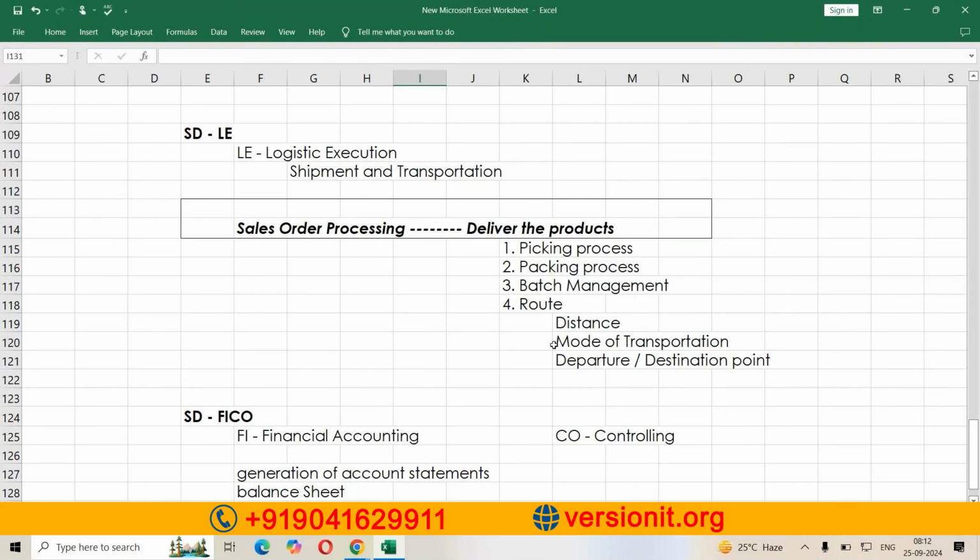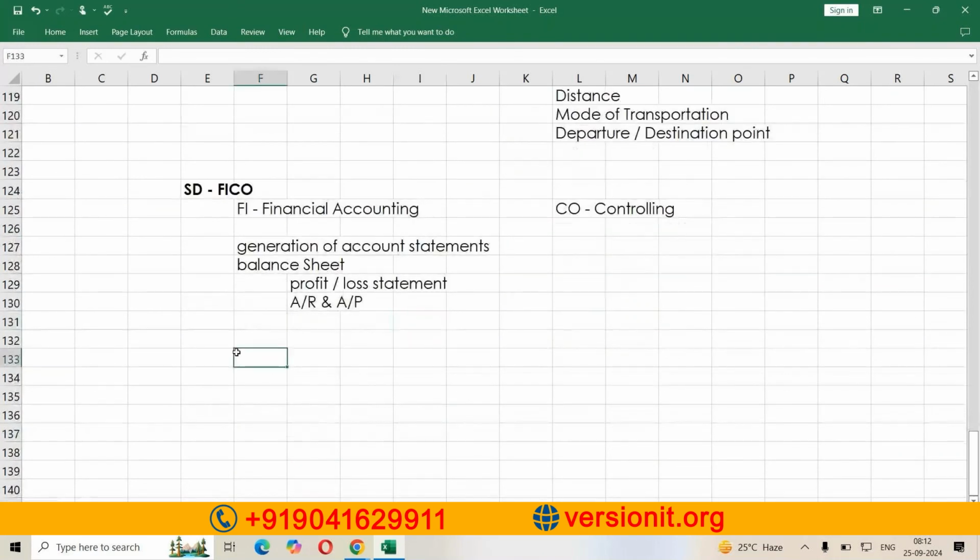So that's one thing. In FICO, this is what the finance team takes care of, and then we have the controlling department. When we talk about controlling, they work with an activity called product costing. This team is responsible for fixing the price of the product. At what price the company needs to sell the product in the market, that price is fixed by the controlling department. It is not the sales team who fixes the price; it is the controlling team who does that,